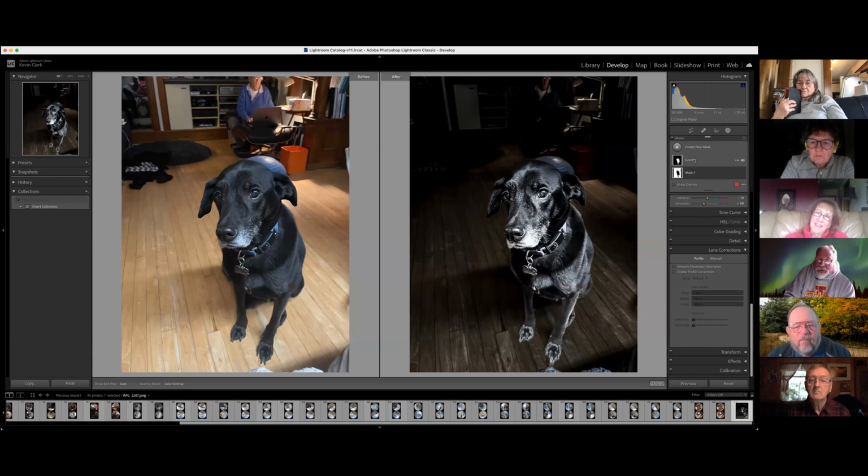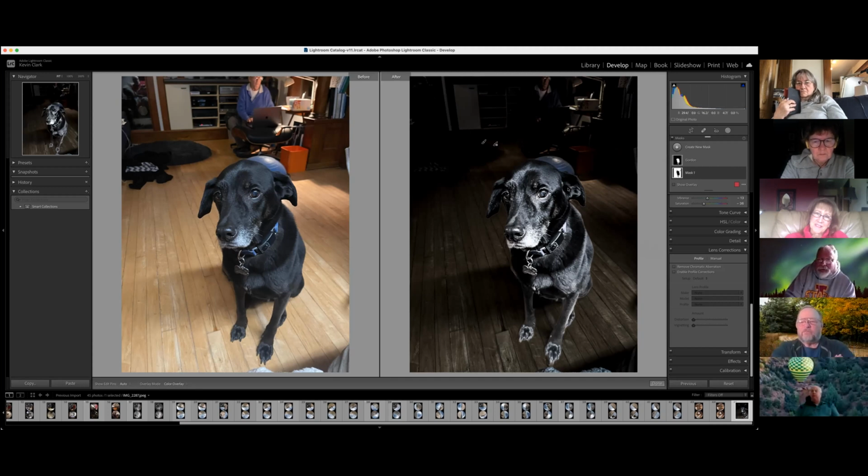So I started with a mask of just Gordon, and then I've got one mask for him and one mask for the background, and that allowed me to darken up the living room, and I just played around and made Gordon black and white,